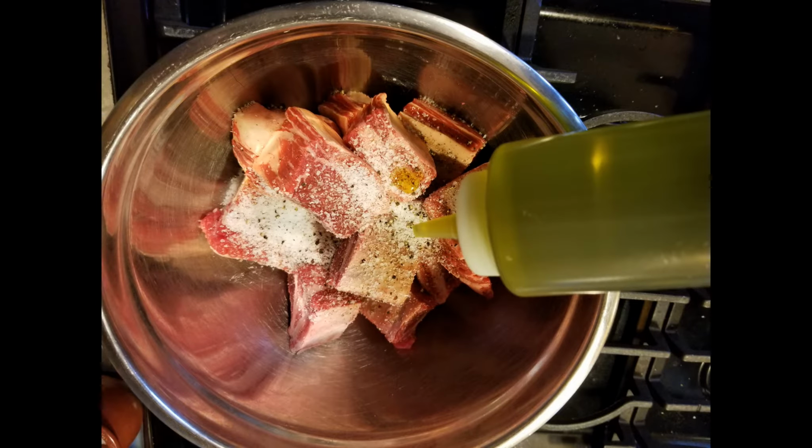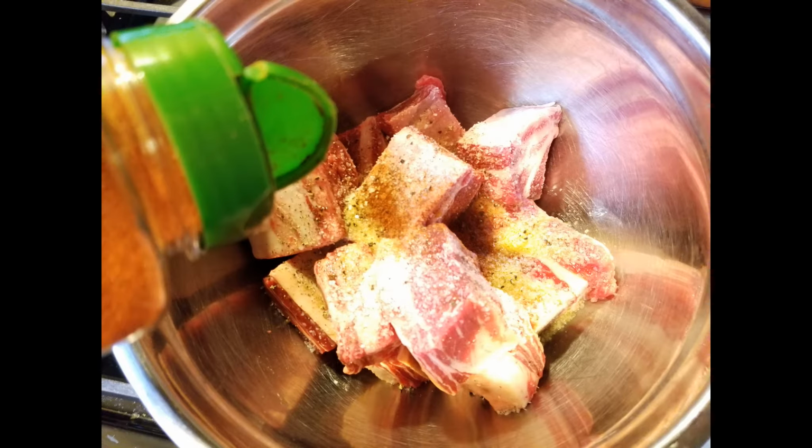some olive oil, add any of the seasonings. This is just an eyeball recipe. Some paprika,